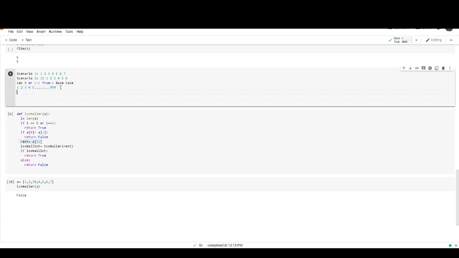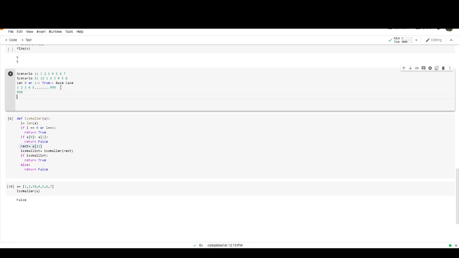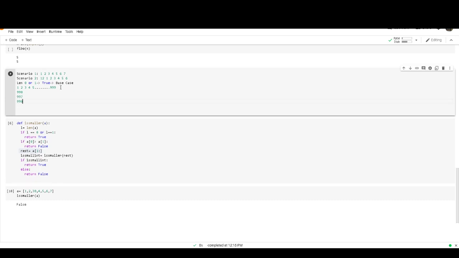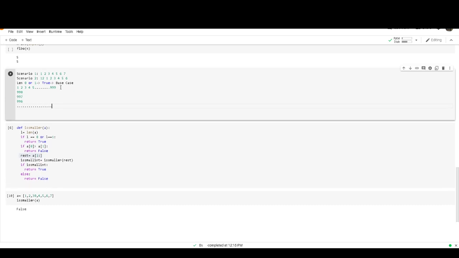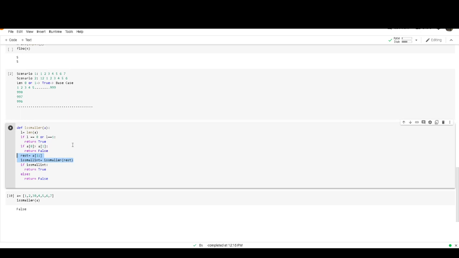Then again for 998, it takes those numbers again, then 997 and 996, and so on. The function keeps calling and executing one by one. The complexity is very high, so we need to remove that complexity.